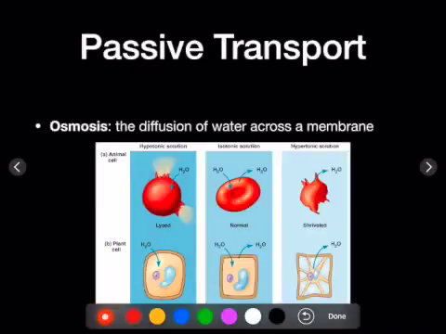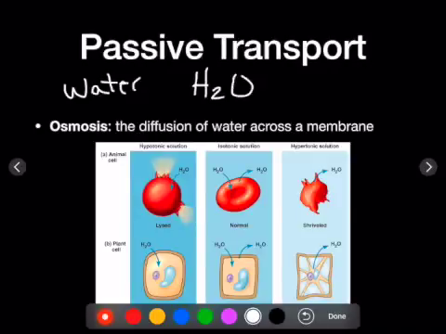Now, another type of passive transport is osmosis, and this only has to do with water, or H2O, okay? Now, osmosis, the diffusion of, again, water across the cell membrane. Now, we have three types of osmosis, or three types of conditions water can be in. Isotonic, where the water is moving in and out of the cell, and the cell doesn't shrink or gain any size. But we have these two other conditions, hypotonic and